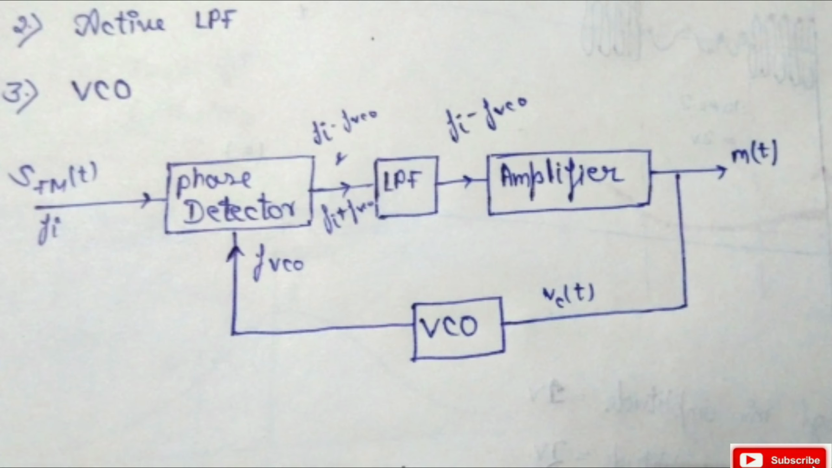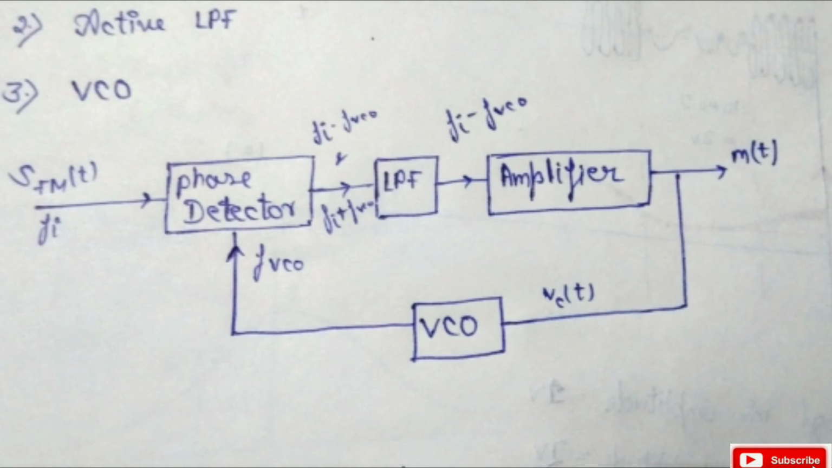So when we apply two input signals, it basically multiplies the terms. By default in the communication field, the input signals that we apply are sinusoidal. So when we multiply two sinusoidal signals of frequency Fi and FVCO, that is 2 sin Fi t and sin FVCO t, the resultant from the phase detector is one term cos(Fi minus FVCO) and one term cos(Fi plus